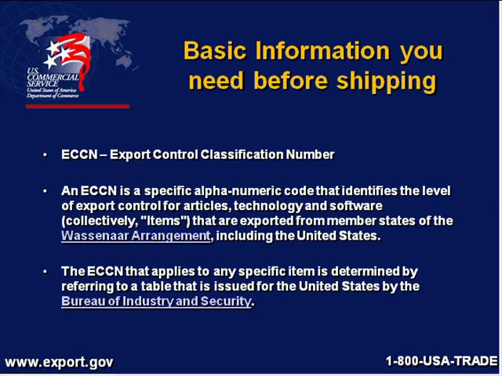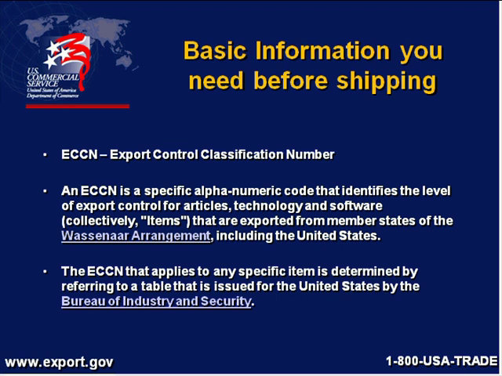Okay, now when you get ready to export something, another classification that you need to have and you need to be aware of is your Export Control Classification Number. We actually put a column right on our commercial invoice that says ECCN, and we made sure that in our classification databases, we had the ECCNs assigned to every product in our database that we were either selling or ordering. And an ECCN is a specific alphanumeric code that identifies the level of export control